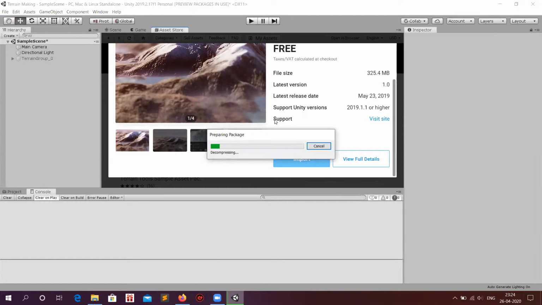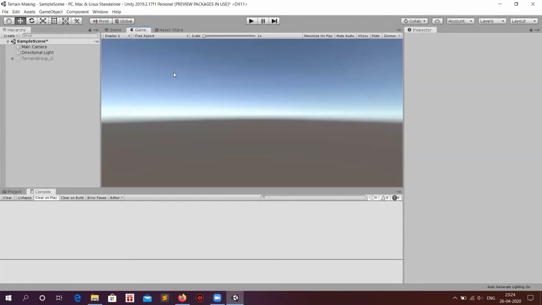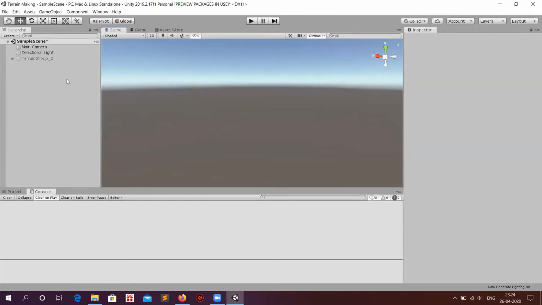For us, it is already downloaded in advance. So now we're going to import this package. It will take some time. Now we're going to skip the video to the part where the package has been imported. I have already imported them, so I'm going to close this window for now.